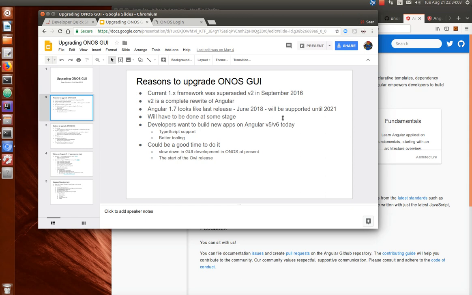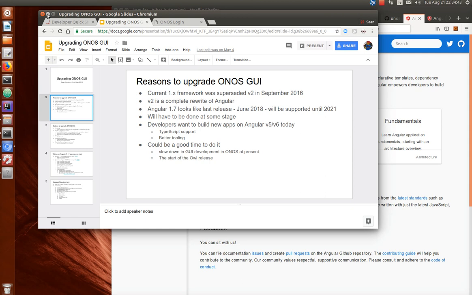for running and building applications with, and there's a lot of tooling that comes with it that wasn't there in the days of AngularJS. So in ONOS we decided we'd try to take advantage of these. For any new applications we want to build them on top of Angular 6. I'll give the link to this slide set at the end of the presentation. But really, let's just have a look at what's involved in